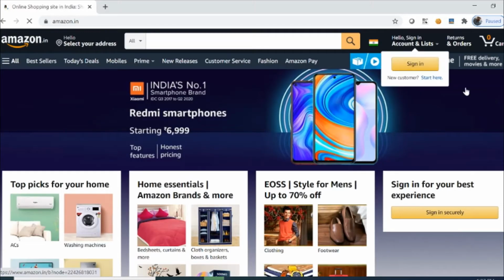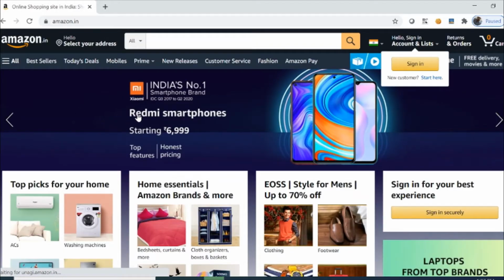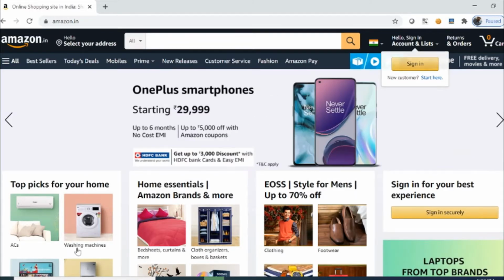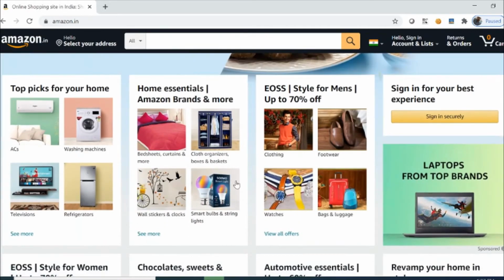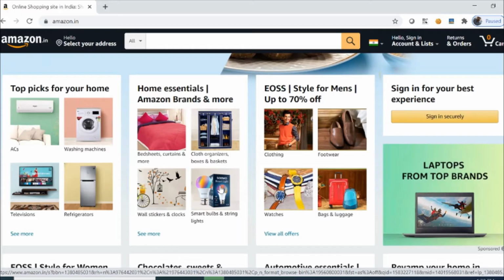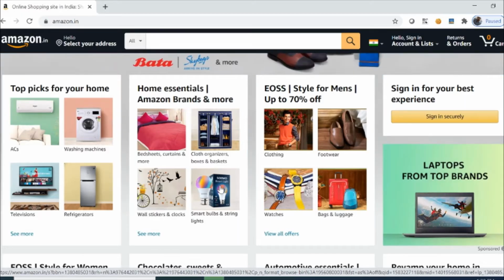So you can see in this Amazon.in we can see multiple things. We can see different contents and different products. Like this is a product, washing machine. So you can see these contents and products. You must have observed these contents and products keep on changing.